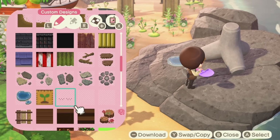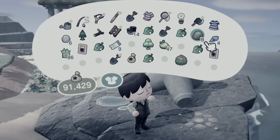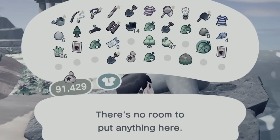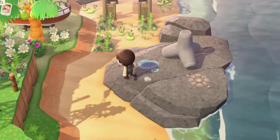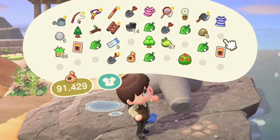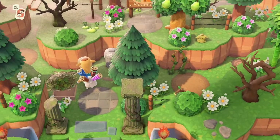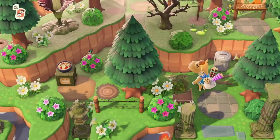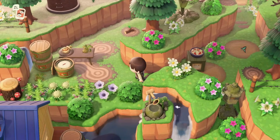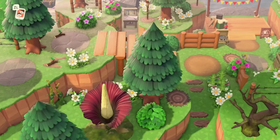But not every update to New Horizons was a good one. In fact, it could be argued that some new features and updates actually made the game worse. Now, don't get me wrong, I think the sheer majority of updates in the game were amazing and improved New Horizons so much. But like with every Nintendo game, not every new change is going to be received positively. So I've decided to make a compilation of some of my videos which show updates that didn't really make New